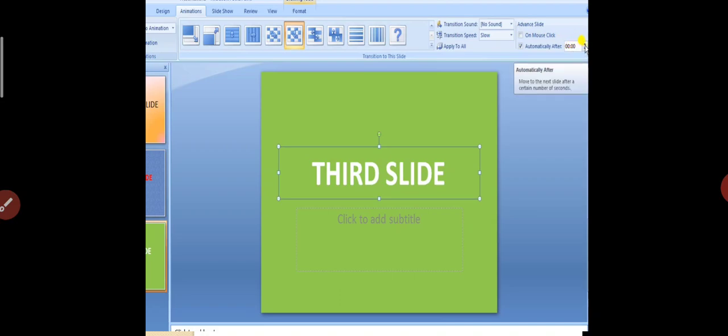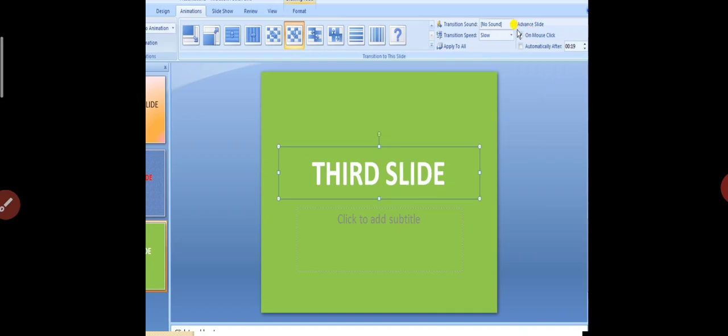You can have the second slide after the first one automatically by choosing the automatically option and giving some seconds, after how much time you want to display the second one and the third one. If somebody is there to operate, you can choose mouse click. Otherwise, if you want to play the slides one by one automatically, you can have that also.